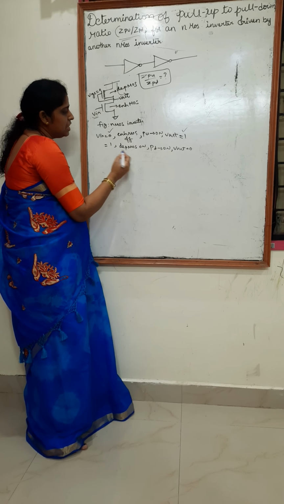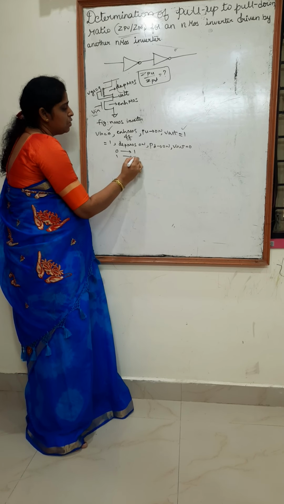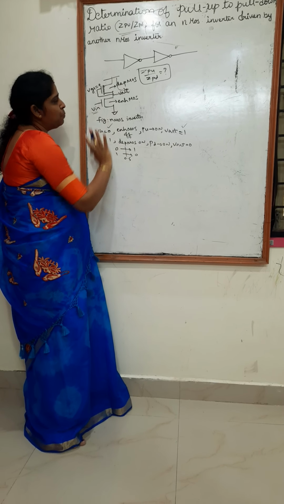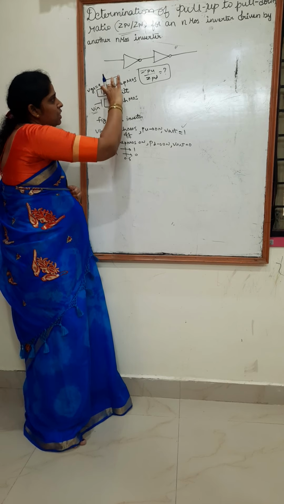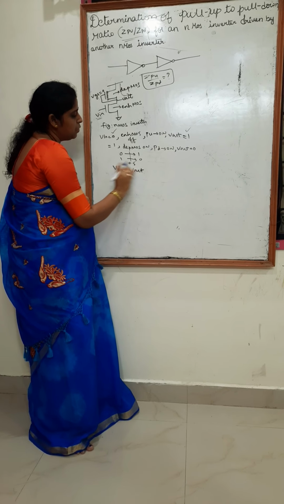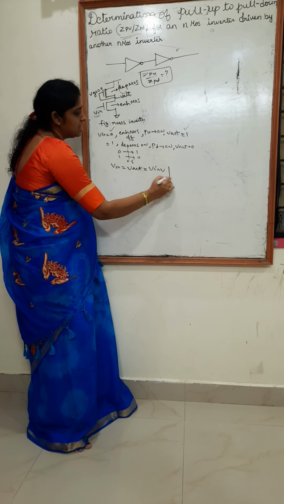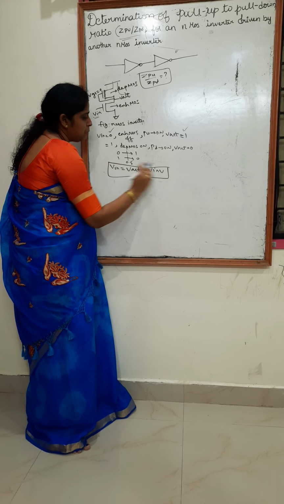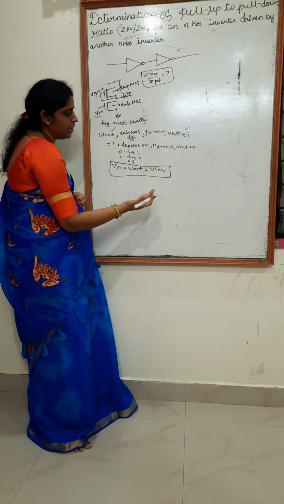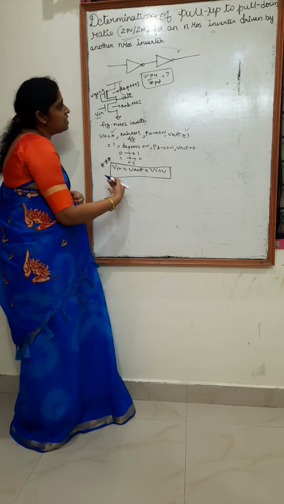So let us consider a middle point. Whenever we are going from 0 to 1 or from 1 to 0, we have a middle point that is at 0.5 VDD. That point we need to consider. At that point, both these transistors will be in saturation. That is a very important condition for doing this derivation. So Vin is equal to Vout is equal to V inverse. The middle point 0.5 VDD is called the inverse point, or switching threshold point. It is very important; from there onwards we can proceed.